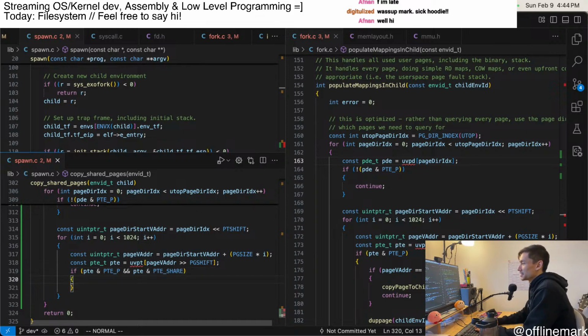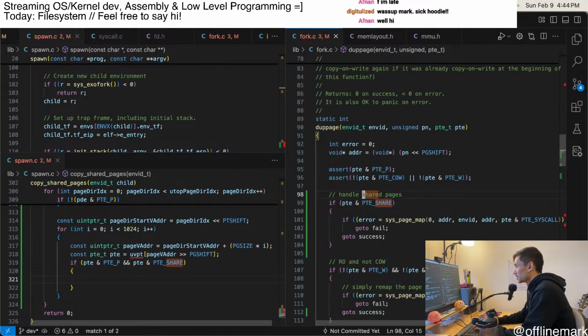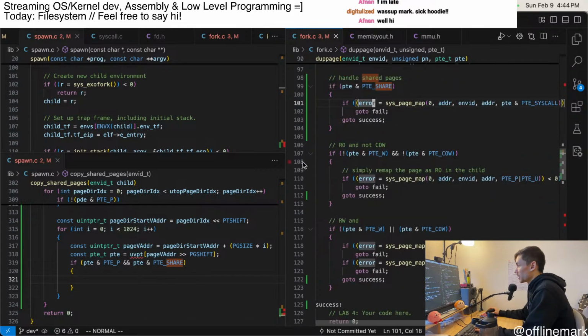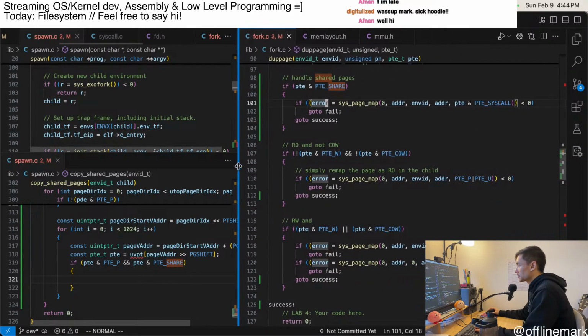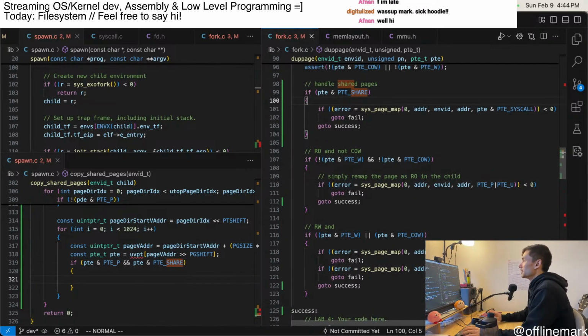If it's present and PTE share, then we share. Then we go and basically do something very similar to what we have up here. We want to